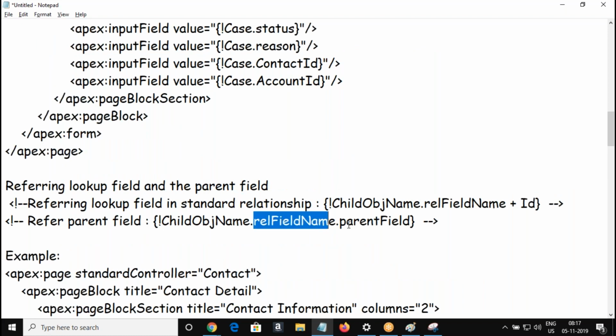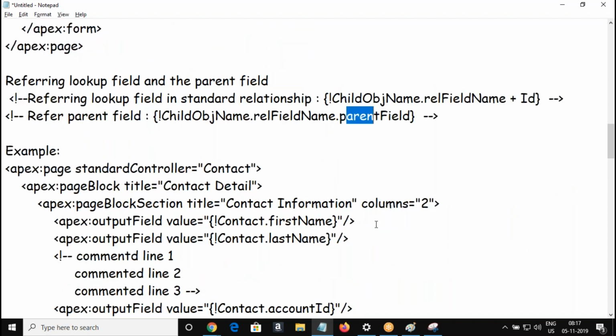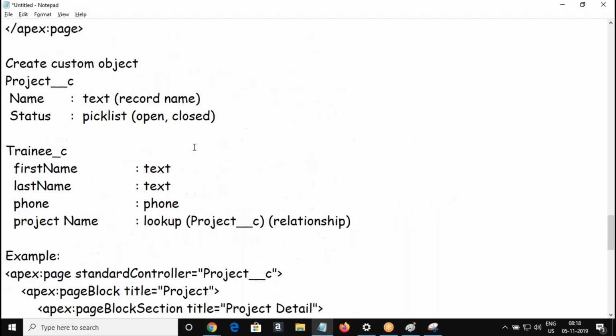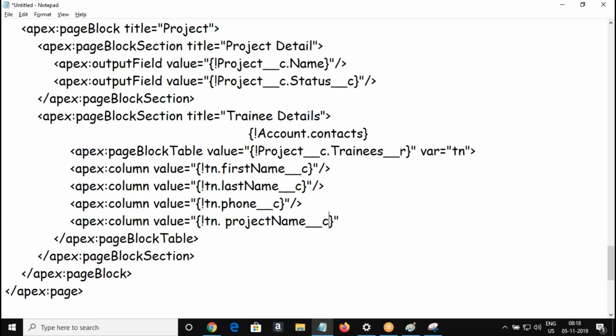The relationship field name dot parent field name, the same format you are going to follow here. What is the relationship field? This is the relationship field. We gave the name as project name, right? So project name double underscore R dot name of the project.